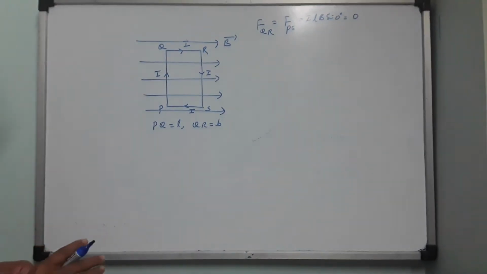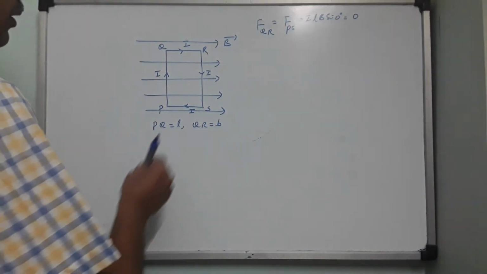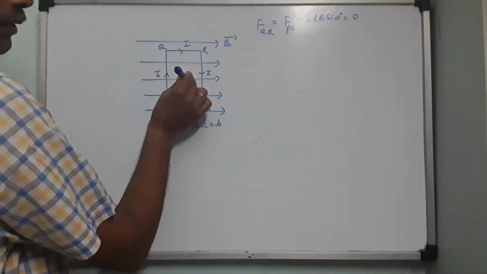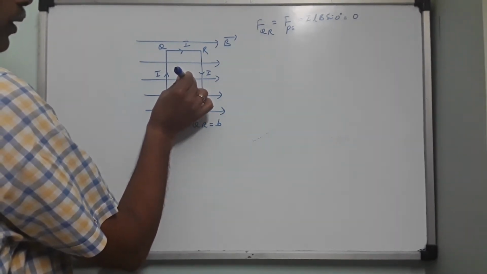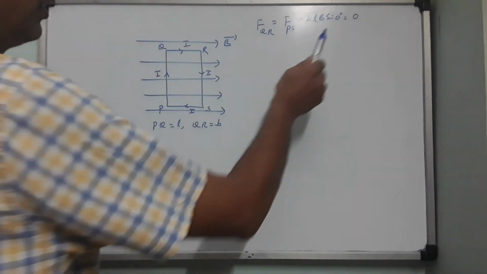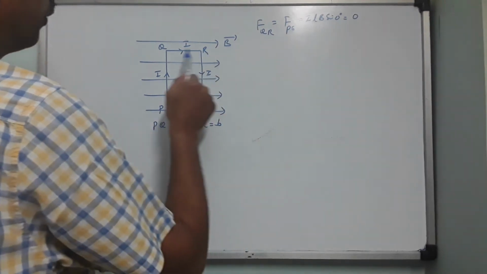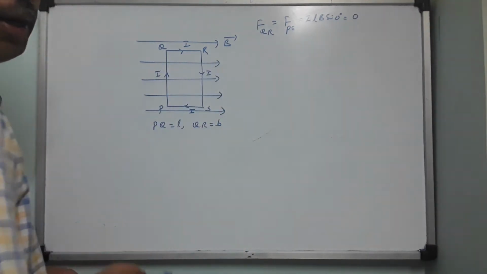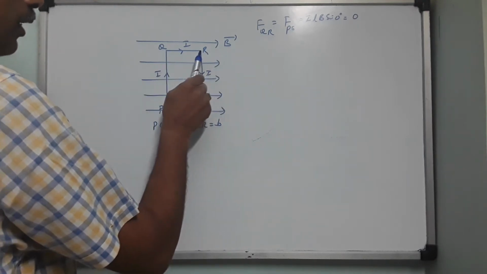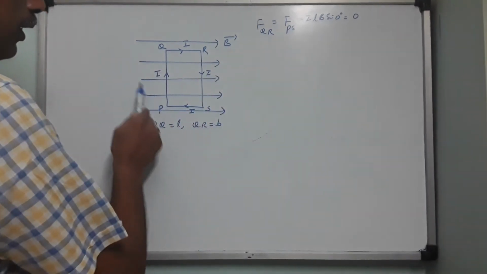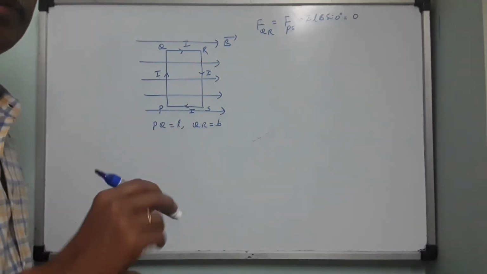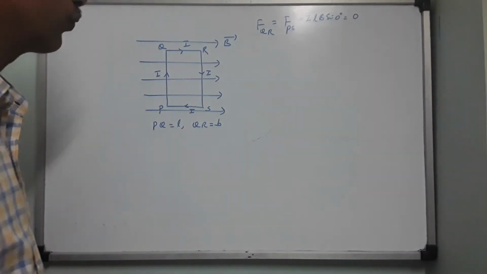For this orientation only. This orientation means the normal drawn to the coil makes an angle of 90 degrees. Do not get confused between the normal drawn and the direction. This theta is taken as the angle between the current direction and the field direction, but not with the normal. So when current makes an angle 0 or 180 degrees with the field, the normal makes 90 degrees. So there is a difference of 90 degrees between these two angles.